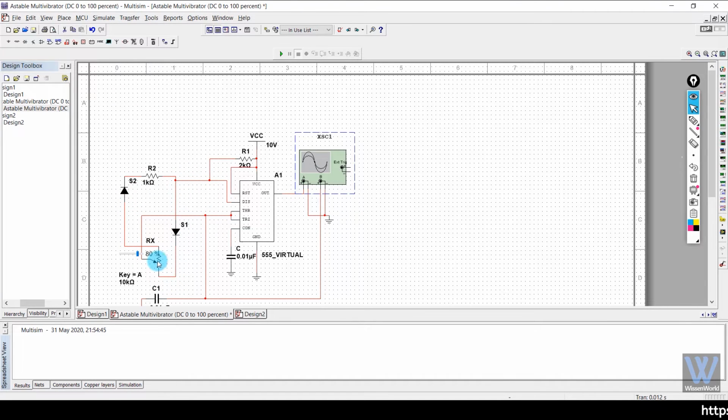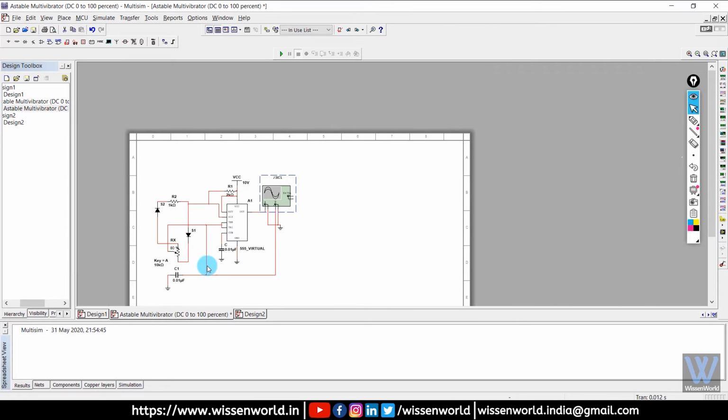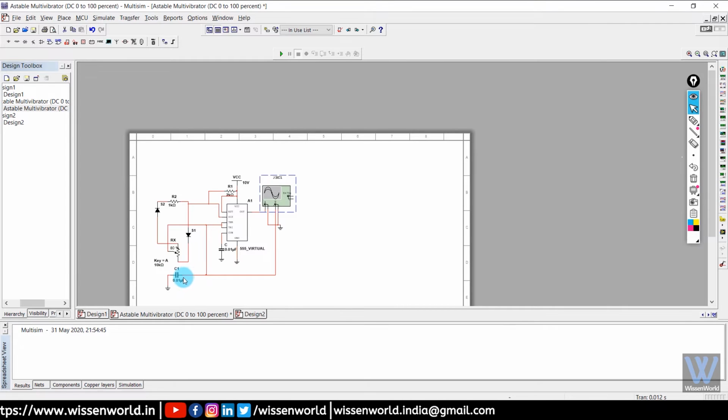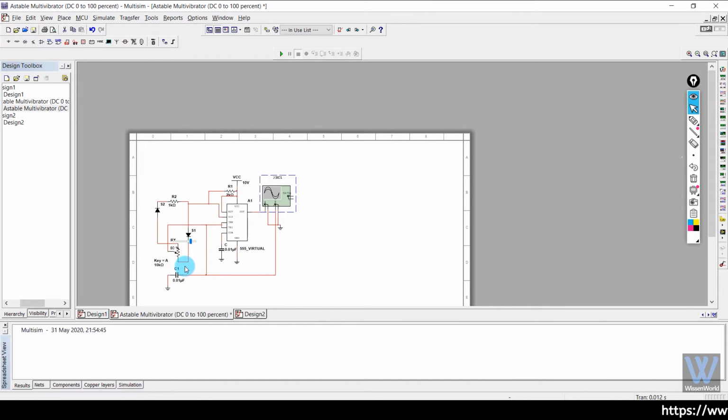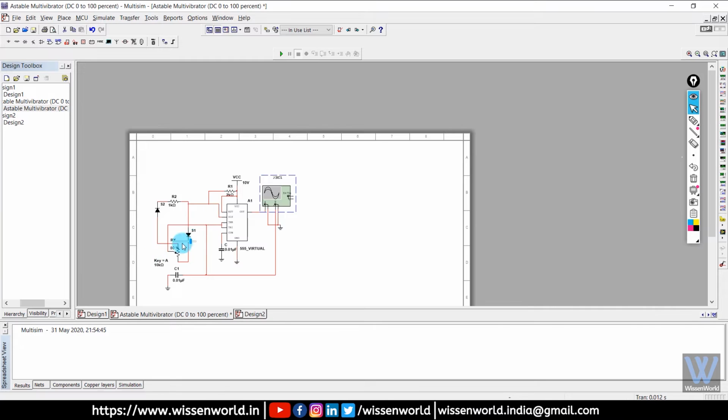Now from S1 it goes to the potentiometer, and then from here, since the transistor is in off state, it does not go towards the IC. The current flows towards the external capacitor C and hence charges it. Now the charging and discharging part I have already explained. So this capacitor charges till 2/3 VCC and then discharges, and hence this variable resistance is responsible for the amount of current flowing through the capacitor and hence the time it takes to charge and discharge. So this is how this circuit is working.